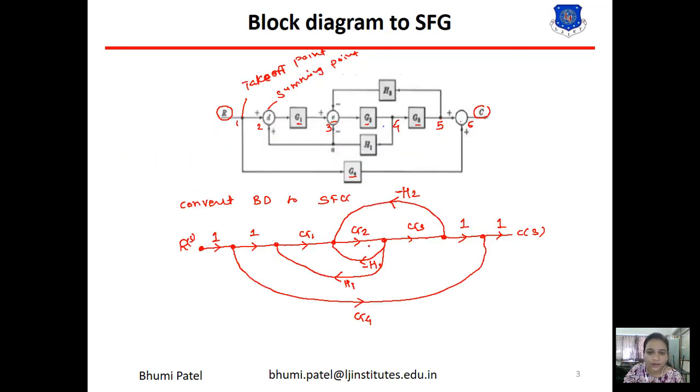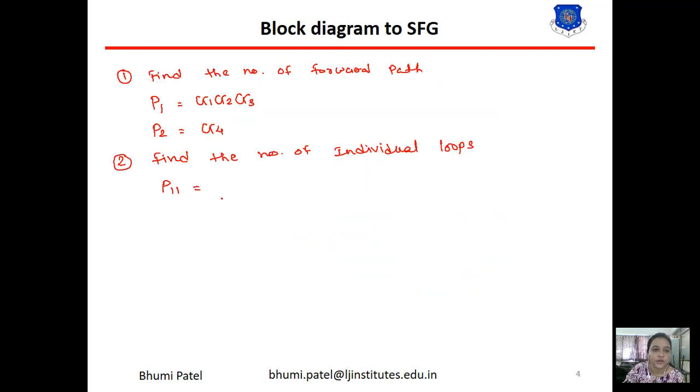Here you can see that the first loop is G2 minus H1. So P11 is equal to G2 minus H1. So we can write this as minus G2 H1. Now the second individual loop is